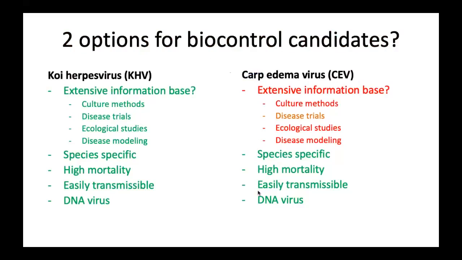They're both DNA viruses. But KHV has just been better studied because of its threat to global food production, in places where common carp are raised for food. And also because of its threat to the koi industry, which may seem kind of trivial, but some of those fish are worth like millions of dollars each. And so the person who bought that fish, this is a scary idea. But also it's been studied in relation to its potential value as a biocontrol agent for common carp. So because of that, there's just a little bit more information.